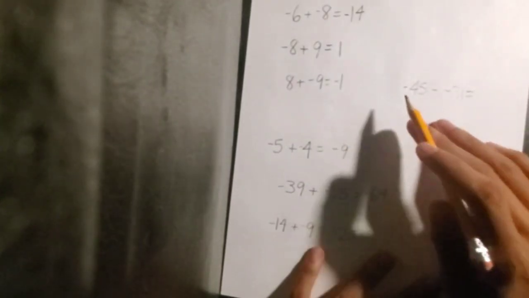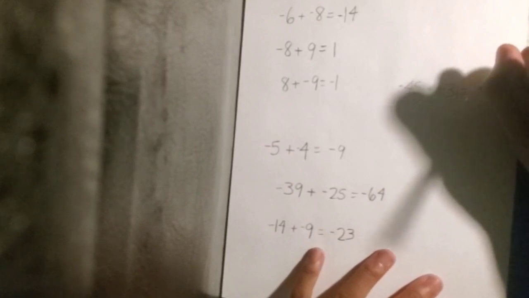Alright, so now we have negative 45 minus negative 31. So we have to do keep, change. Negative 45 stays, but the minus becomes a plus, and then the 31 becomes a positive. Now, it's kind of like the same thing, right? So, negative 45 plus 31 equals negative